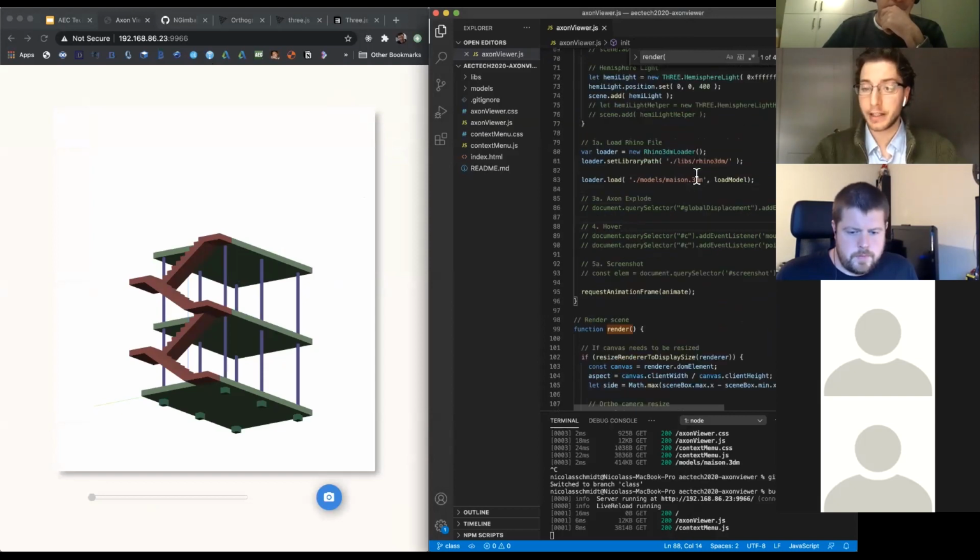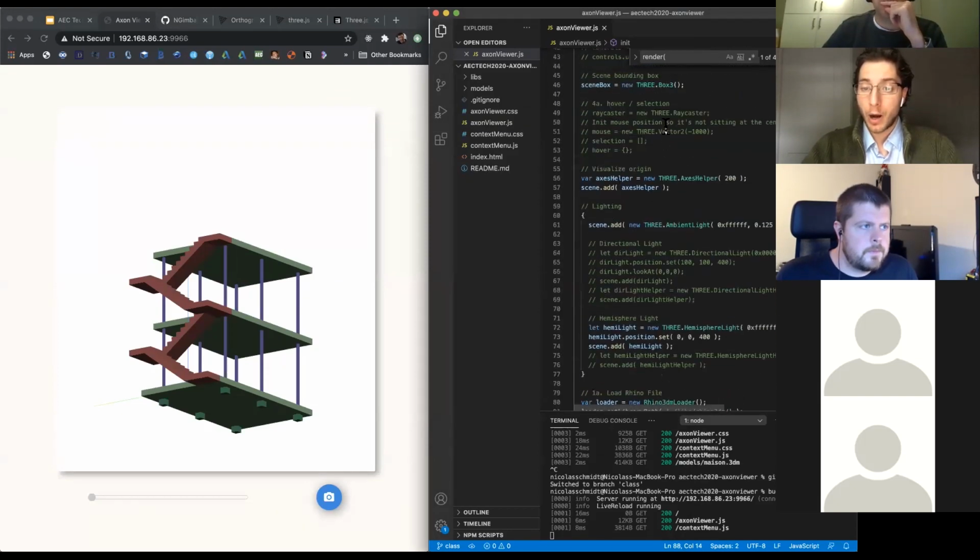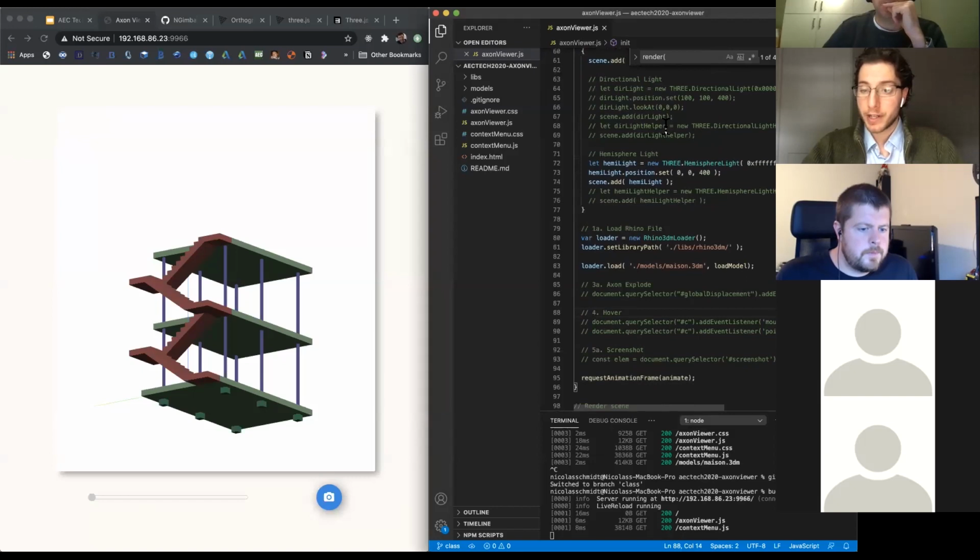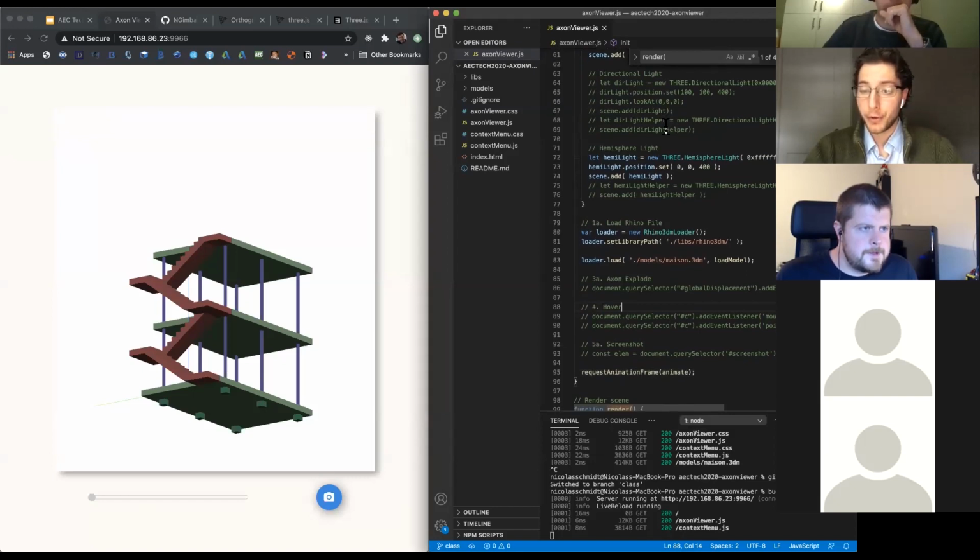The next thing I'd like to start talking about is, I think we can get into some of the fun stuff, which has to do with loading the geometry from the 3DM file. Let's get into that. The way that we do that is through a pretty typical pattern for Three.js, where we have a loader, which is something that you'll see in Three.js, and then we have our model here, and we call a function called load model